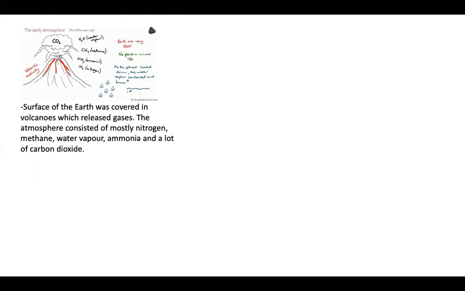The volcanoes were constantly erupting and spewing out lots and lots of CO2, but also small amounts of water vapor, methane, ammonia, and nitrogen gas. All right. So there was no plant and animal life. Earth was really, really, really hot. Next thing that happened